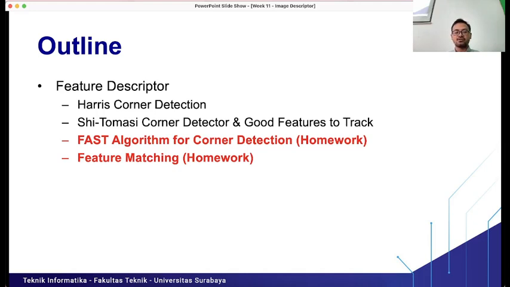We have 4 different algorithms for feature descriptors, but in this course we only learn 2 of them, Harris corner detection and the Shi-Tomasi corner detector. The FAST algorithm and feature matching will be your homework, and you need to find how to use them for detecting features in a digital image.